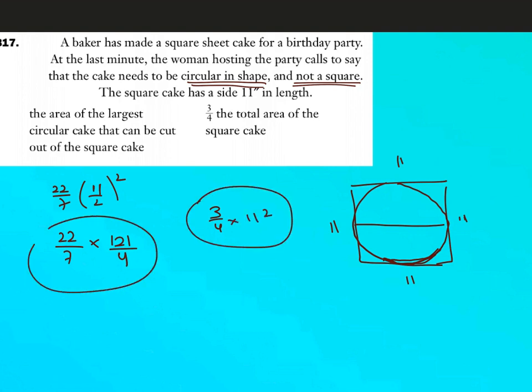So this is quantity A. This is quantity B. Now I see 11 square common to both. So I'll just separate that. If I separate that, I get 22 upon 7 into 4 times 121. From here I get 3 upon 4 into 121. So 121 is common to both. So I just have to compare the multiple to see which one's greater. Now one multiple is this and the second one is 3 by 4. Now this actually is 22 upon 28, which is 11 by 14. So you're comparing 11 by 14 to 3 by 4.